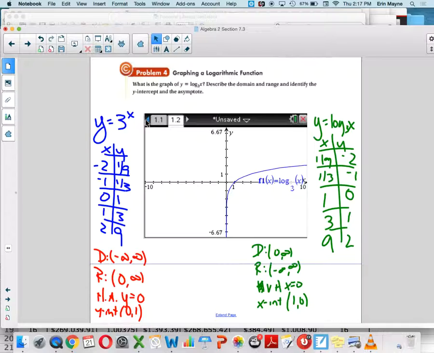Okay, one other quick comment. Just like with horizontal asymptotes and exponentials, make sure that you've included your vertical asymptote on your picture. Include that vertical asymptote. Here's (1, 0). Here's (3, 1). You can easily see (9, 2). Notice it's not just these connectors. It's the entire graph going in both directions. So, with that in mind,